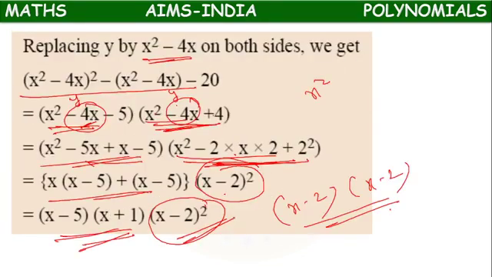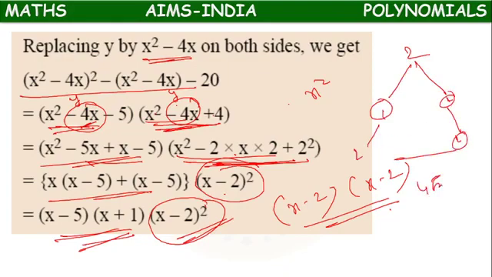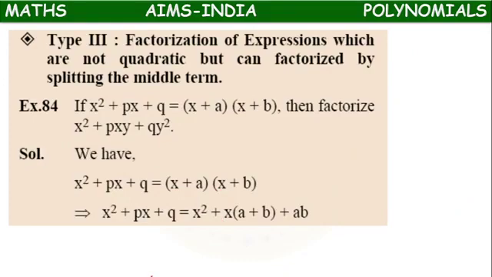Okay. This is about the second type, where the given quadratic polynomial is not in general form. So we are reducing it into general form and finding factors. First 2 factors will come. Again, if we expand, for the first one 2 factors will come, and for the second one 2 factors will come. Total 4 factors we will get from type 2 problems. Next we have type 3.